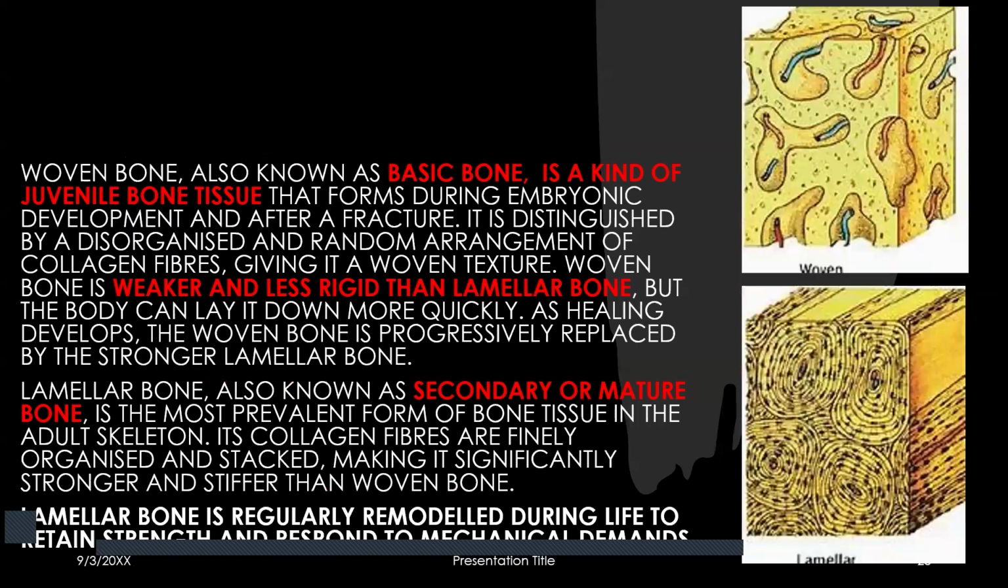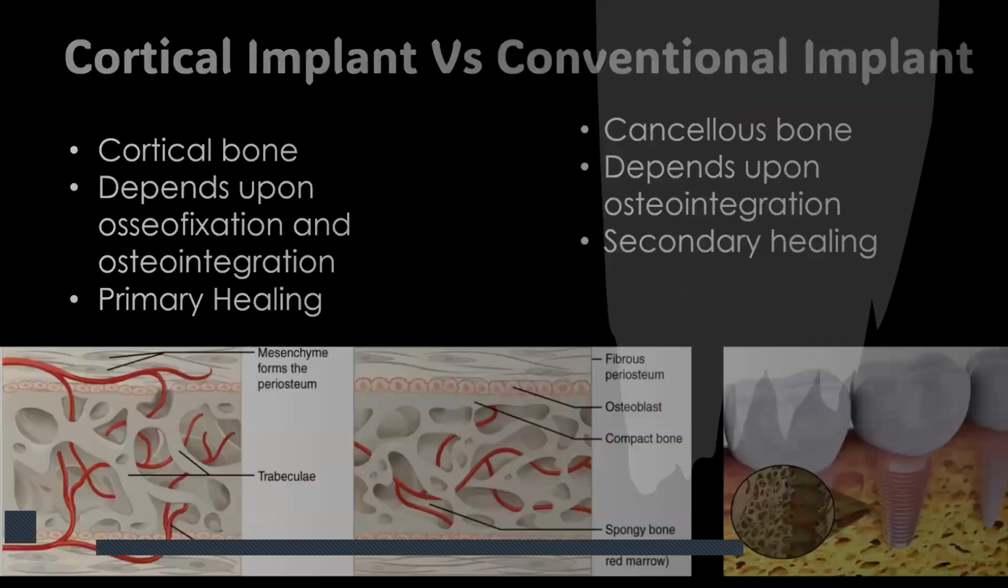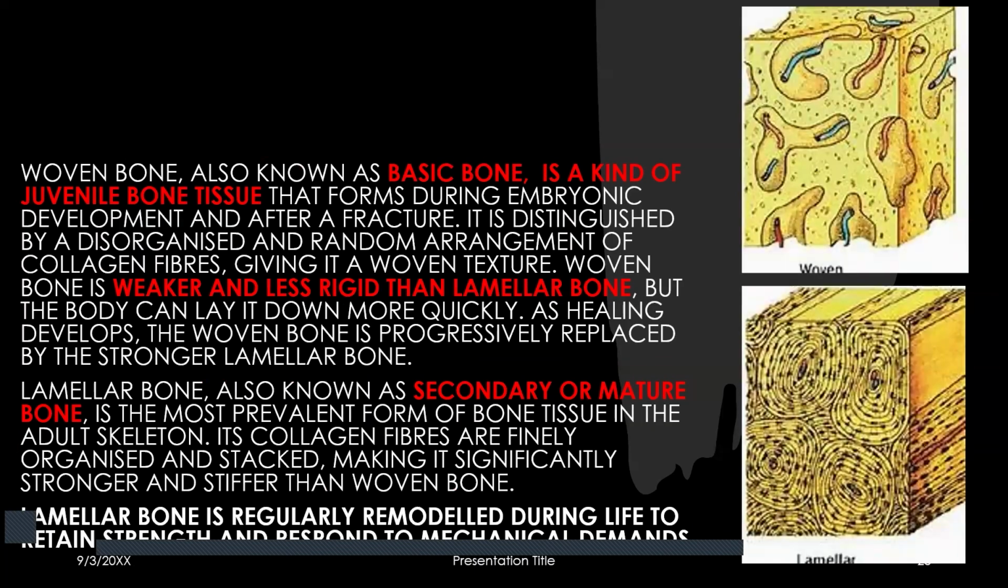Now, another difference you should know is the difference between the woven bone and the lamellar bone. Why is this important? To understand cortical implantology, the woven bone and the lamellar bone are important for us. Because whenever we place a two-piece implant and we wait for the osseointegration, during the osseointegration,